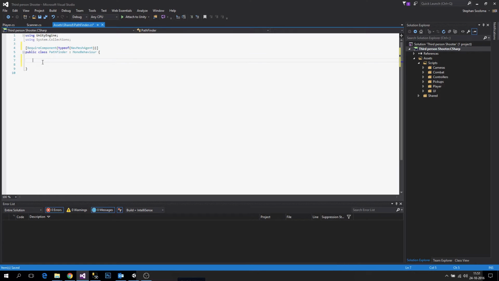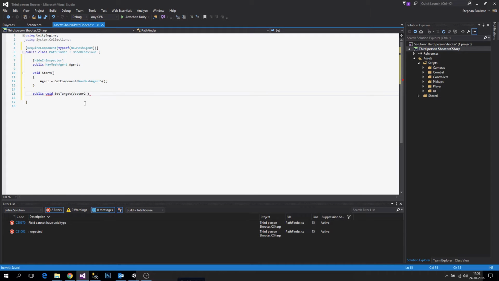And let's make a public NavMesh agent reference to the agent, but we're gonna hide it in the inspector. Okay, we don't want to assign it through the editor. In our start method, we get a reference to the agent. Okay, and now we're going to make a public method, void, to set a target to our NavMesh agent, which takes a Vector3